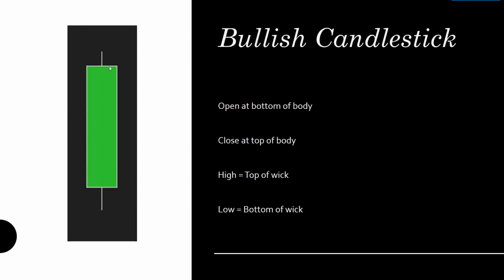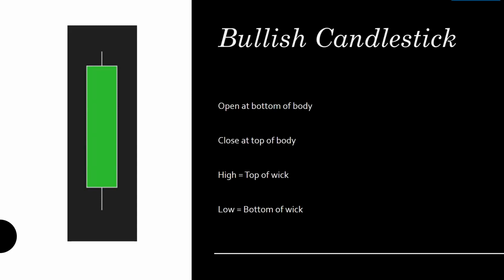The close is at the top of the body. The high is the top of the wick, which is this line right here. And the low is the bottom of the wick. So you've got the wick and the body, and according to the color, you can immediately identify where it opened